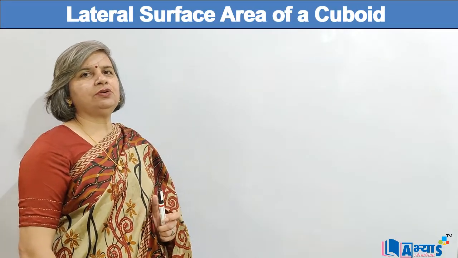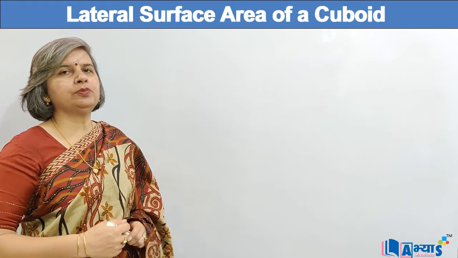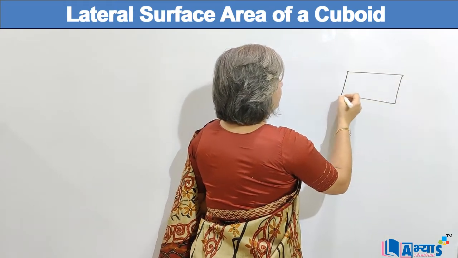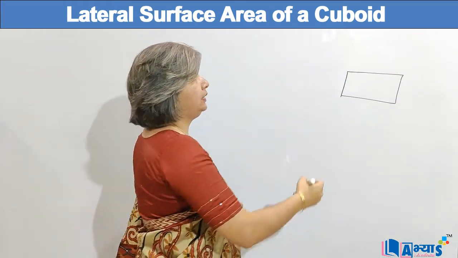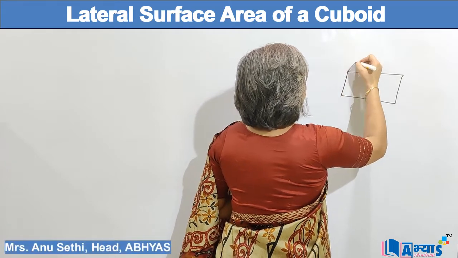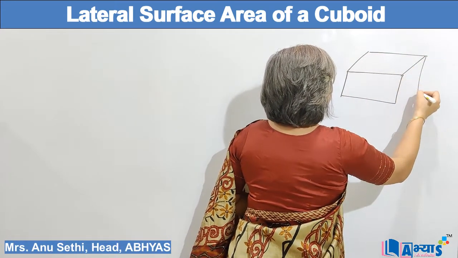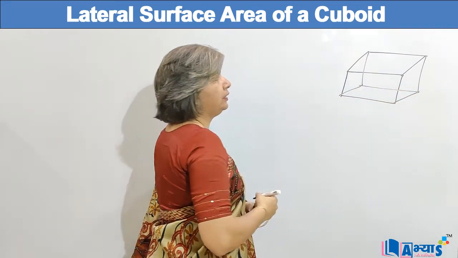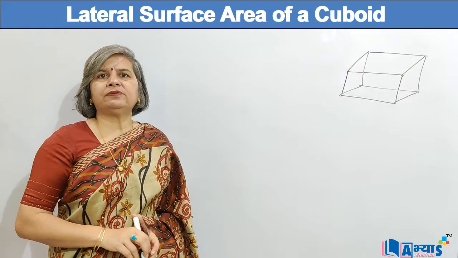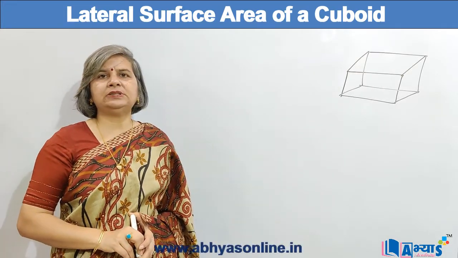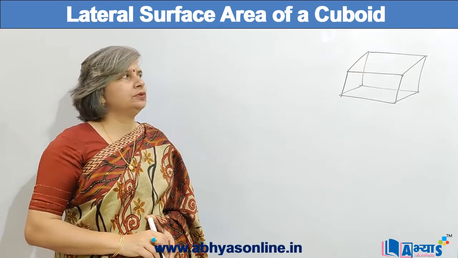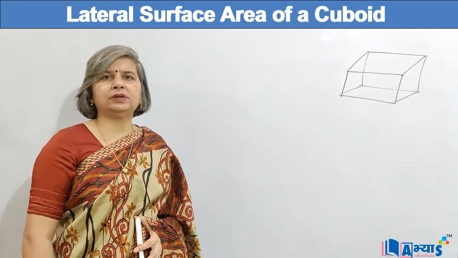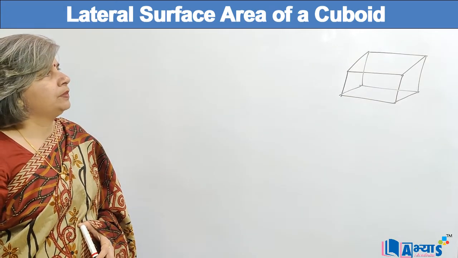Now let us discuss the concept of lateral surface area of a cuboid. A cuboid is basically a three-dimensional figure in which we have a rectangular base and a height is given to a rectangle and it will become a cuboid. So now we are discussing the lateral surface area of a cuboid. That means the lateral surface area is the area of all the faces except the top and the bottom. All the four faces on the sides of a cuboid are the lateral surface area, and the top and bottom